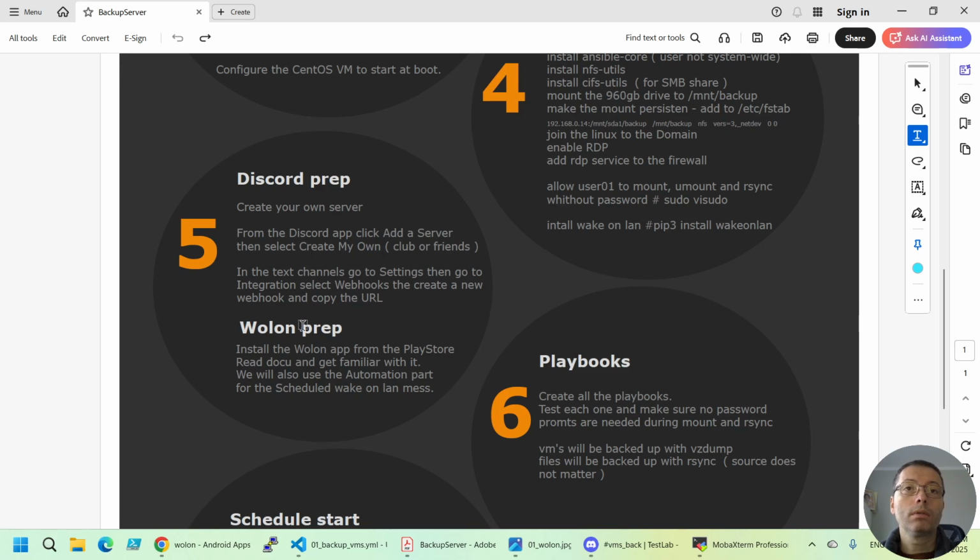And we will also take a look at the Wake-on-LAN application that I use. You don't have to use this, but I like it because I can send Wake-on-LAN messages directly from my phone, and I also can schedule Wake-on-LAN messages. I believe there are also other apps that can do this. Nevertheless, I'm using this one. Okay, so let's